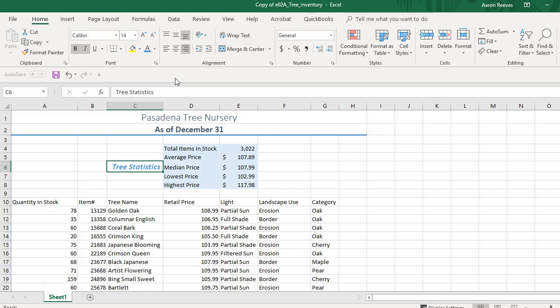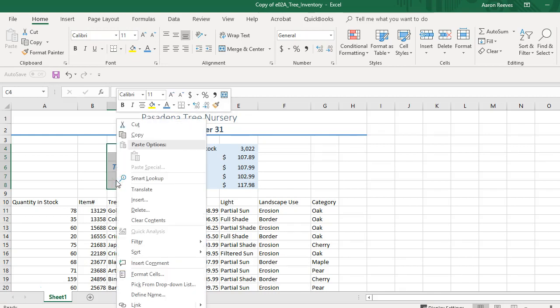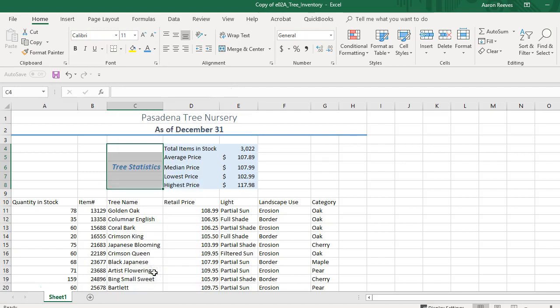So now I'm going to choose on the alignment group, right? We did that. Select the range from C4 to C8. So select from C4 to C8. Highlight that range. And then click on the format cells. So once again, I'm going to go to my alignment group. So I'm going to right click. And under the format cells, which is here,